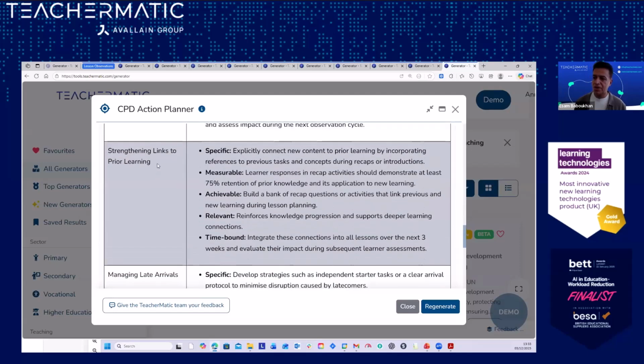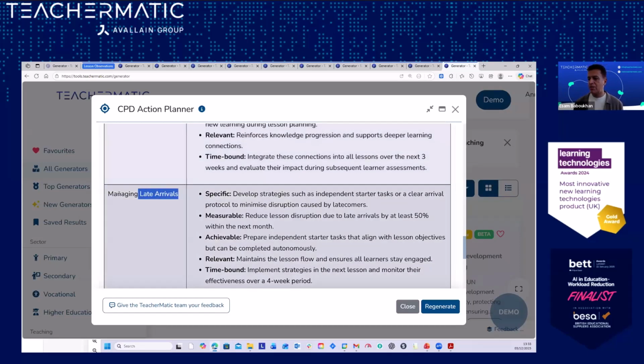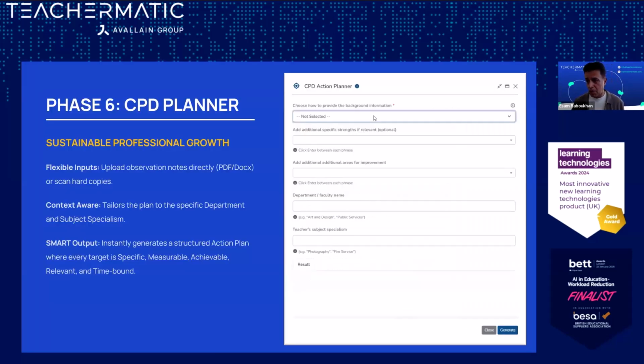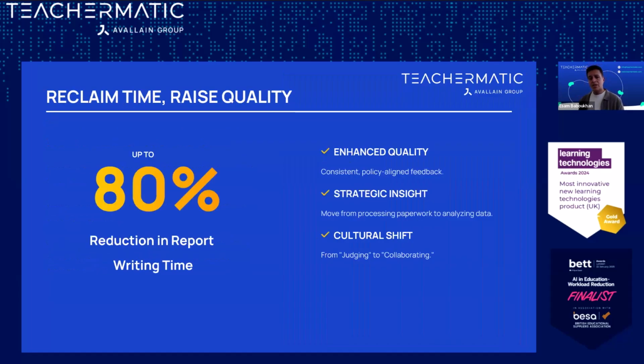Right, there you go. Strengthen that sequencing of learning, right, and managing the late arrivals. There you go. So that really is the ones that I wanted to show you. There are more, of course. And as you can see, we did this all within 25 minutes. And I really do believe this could probably reduce your workload by 80%. And it does, I think, most importantly,